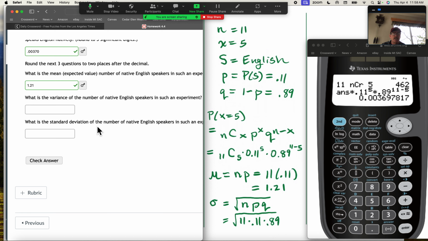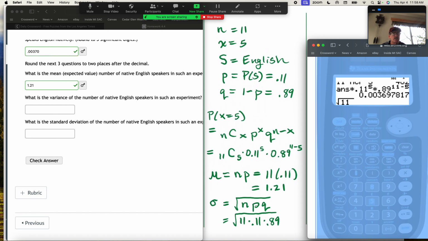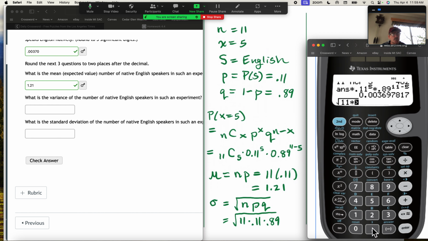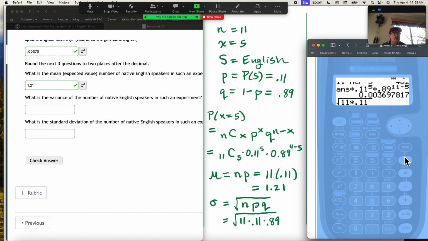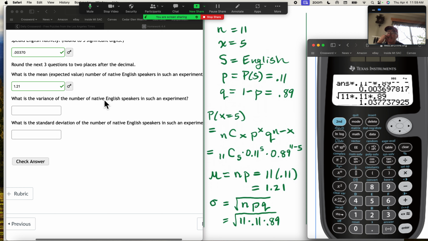Okay, and so let me do that. Second, square root, 11 times 0.11 times 0.89. Okay, and hit enter, and I think, let's see here,